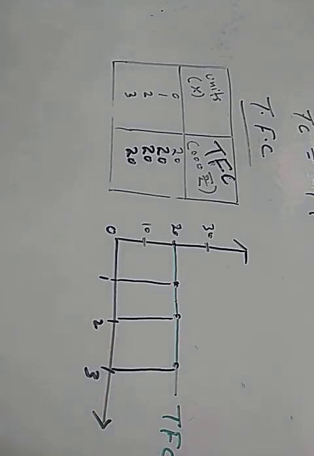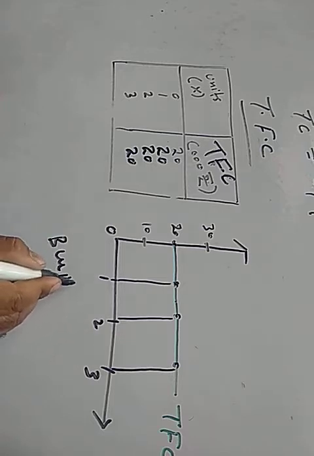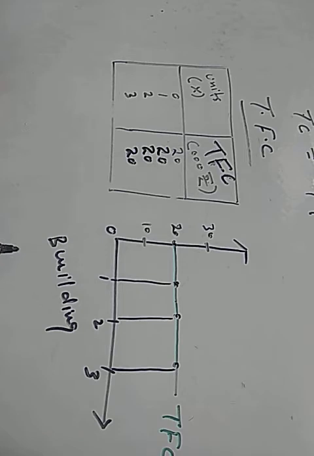And one more important point here is that when output is 0, the fixed cost is 20,000. Why is it so? Because before producing any unit of commodity X, the producer has to incur cost, has to make expenses, has to spend money on construction of building, installation of capital machinery,